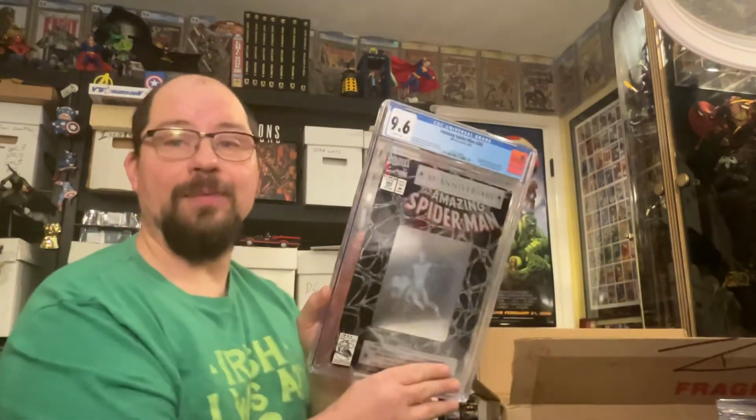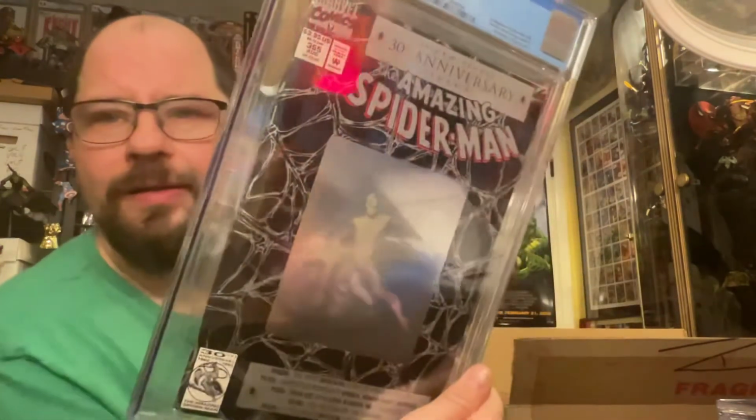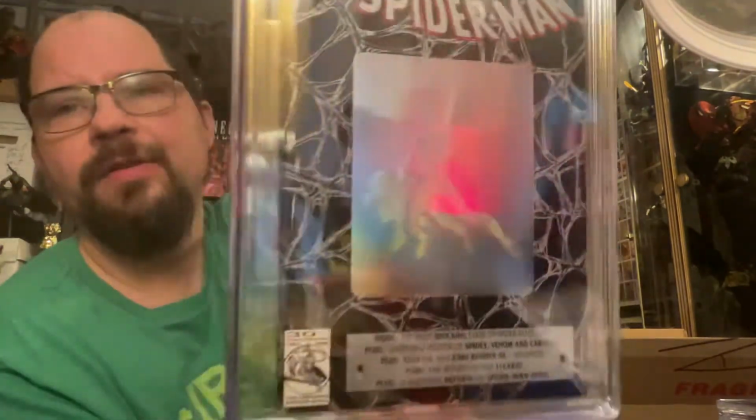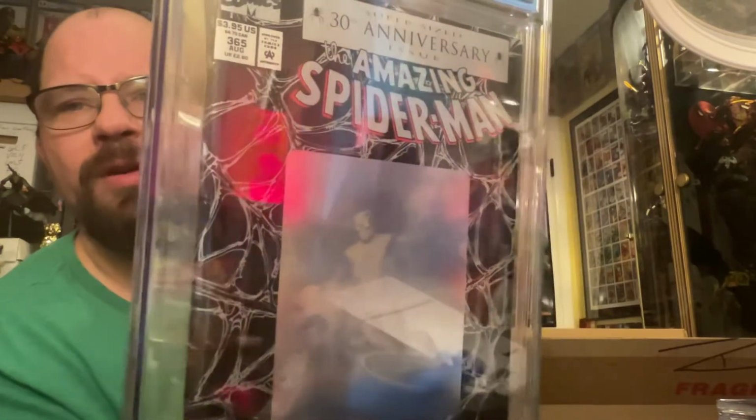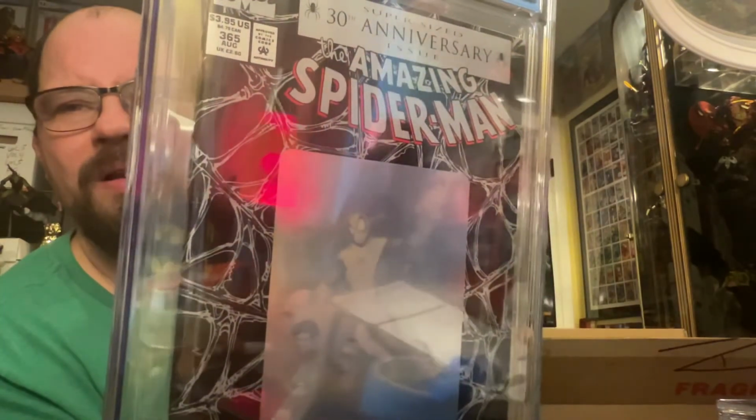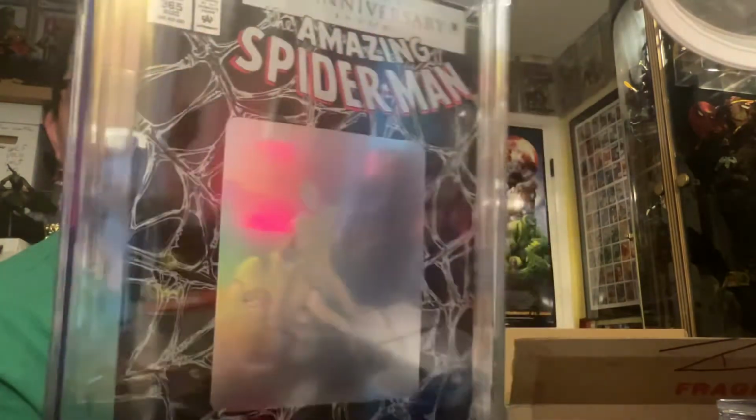Anyway, this came back a 9.6, which is not too bad. Quite frankly, I actually already have this in a 9.6. I was hoping on the 9.8, but because it's a 9.6, I don't mind selling this one. So, not too bad. But again, this is the hologram I was talking about before, where this would have been my favorite if the artwork was just a little bit better, because it is a homage to Amazing Fantasy 15. But the artwork is just, the proportions don't look that great, in my opinion. I'm not sure if it's coming across on camera that well, but I felt the artwork on the Web of Spider-Man one was better. But anyway, let's take that there. Next up, we've got...